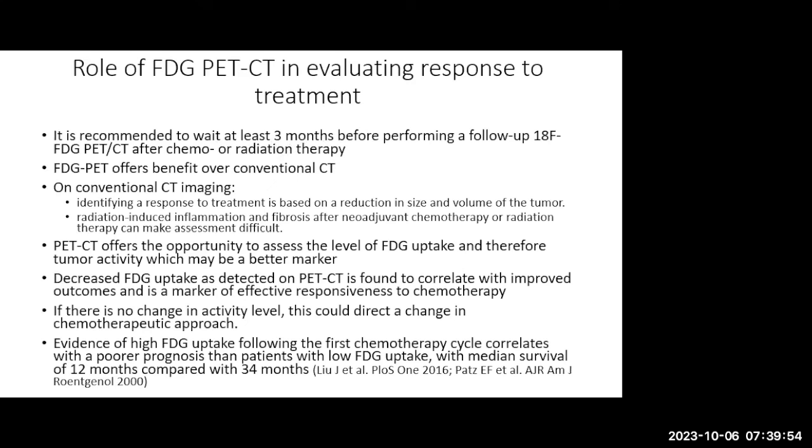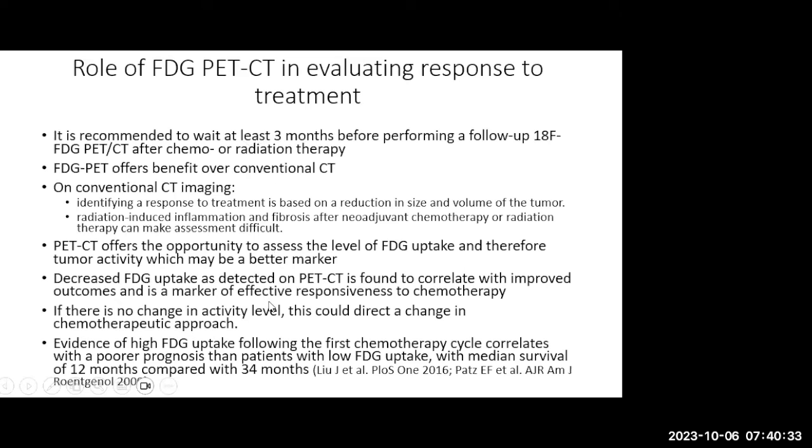And in terms of comparing PET-CT with just conventional CT, typically it's hard when you have architectural dysfunction, morphologic distortion of the tissue, to tell if there is recurrence of disease, for instance, or if the tumor is responding to treatment. So PET-CT with FDG offers the opportunity to assess this metabolic activity, right? And therefore know whether or not there is tumor actually that is viable in the areas that are of concern on the